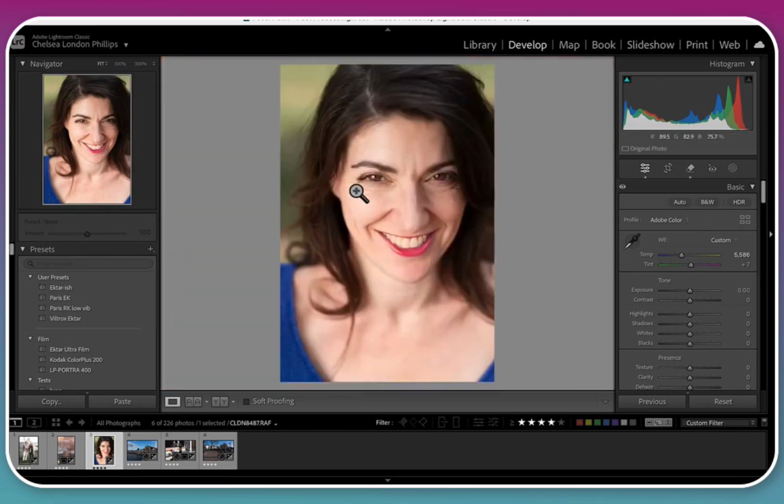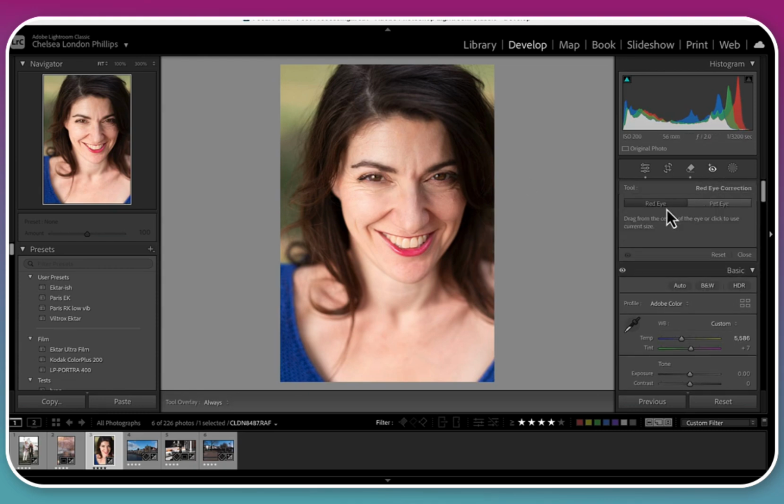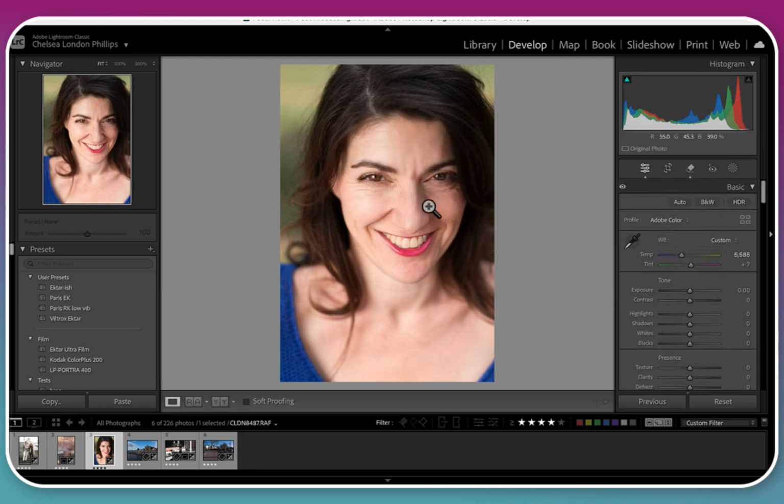So with the wrinkles, I'm actually going to do this in Photoshop, and I want to show you a couple other little tricks that we can do in Photoshop as well. If I did have red eye, I want to just show you what that looks like. I don't, but if I did, I would just click and it would remove it, but it's not seeing any. So let's look at though what I can do